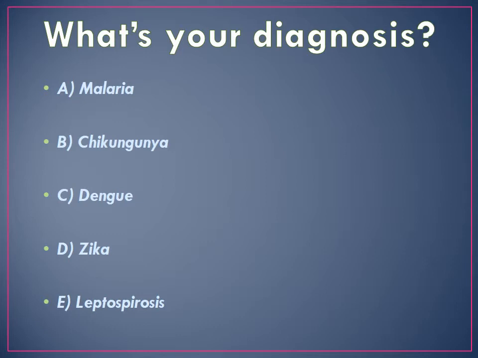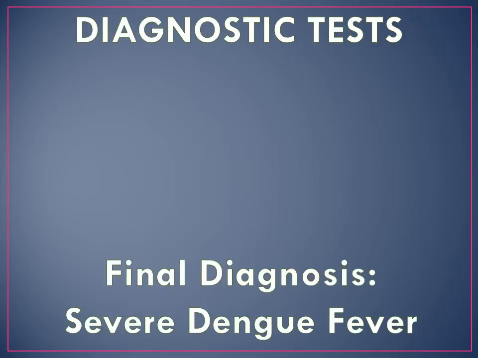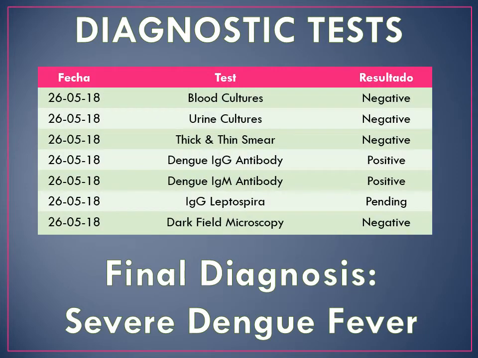Any guesses? Well, this patient actually had dengue fever. We did a series of diagnostic tests. Blood and urine cultures were negative, as well as a thick and thin smear for malaria. Interestingly, the IgG and the IgM antibodies for dengue virus were both positive, consistent with a prior infection and a